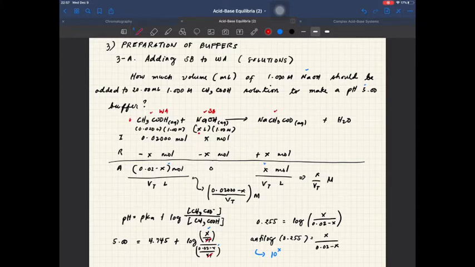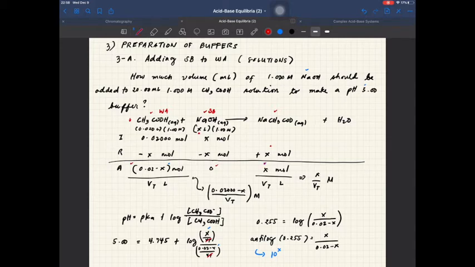So the main assumption in order to prepare a buffer using this method is that sodium hydroxide should be the limiting reagent. So therefore we have minus X mole, and plus X mole for the product here. After the reaction, we have these moles of reactants and products. We have 0.02 minus X mole of the reactant, 0 moles for the sodium hydroxide, and X mole for the